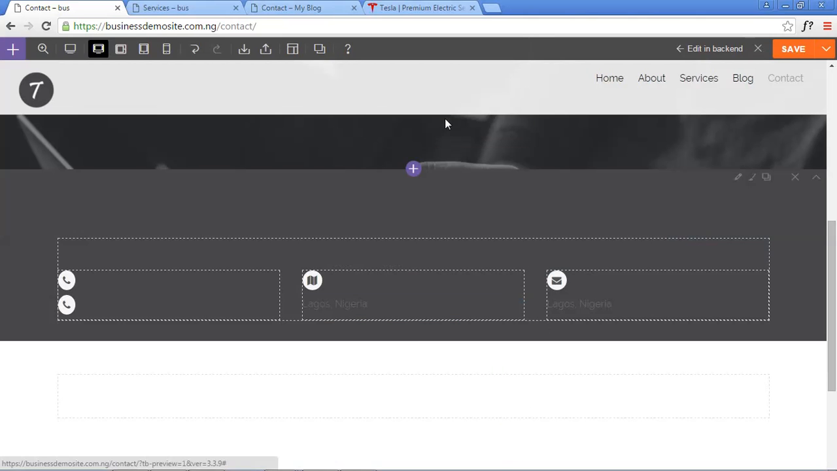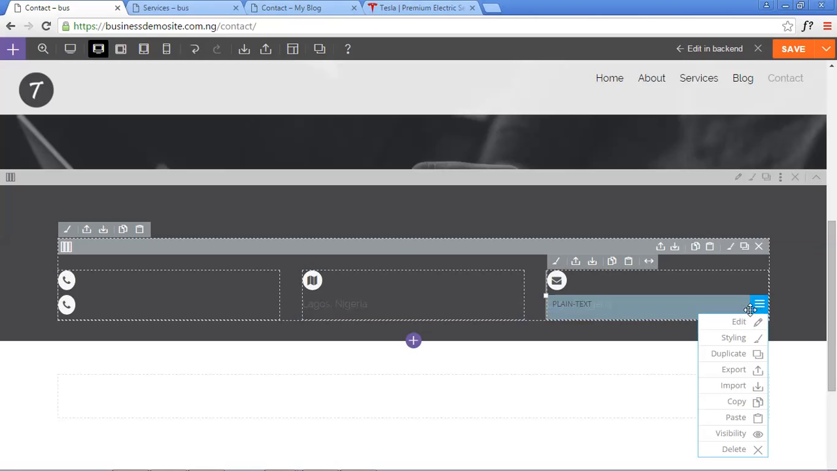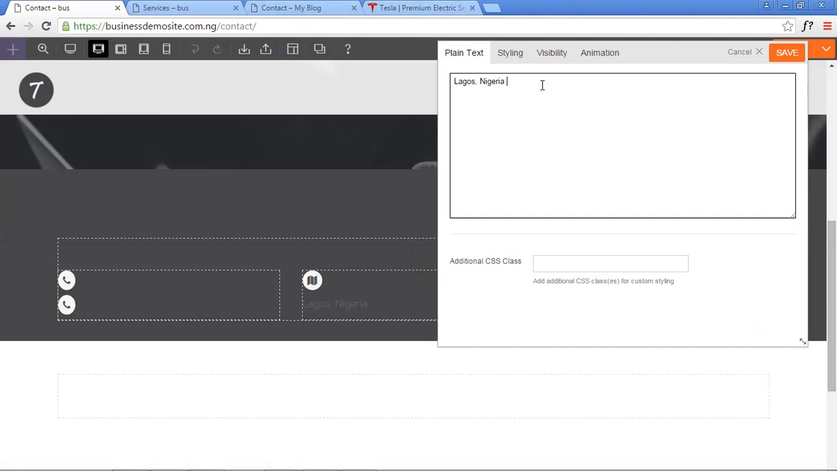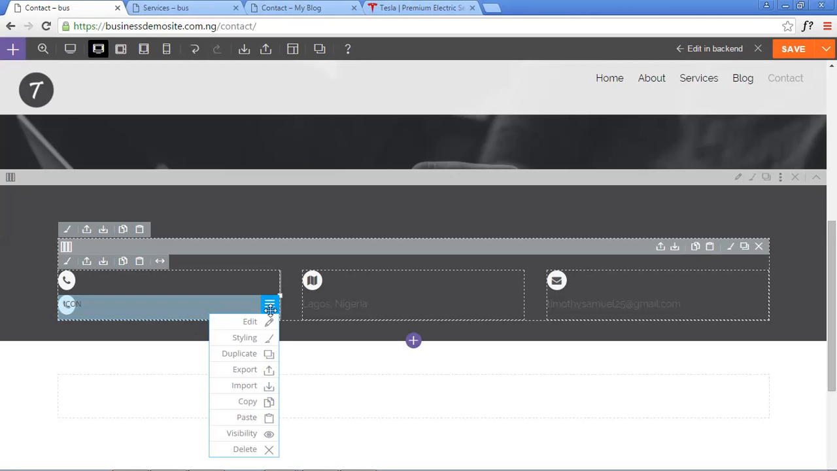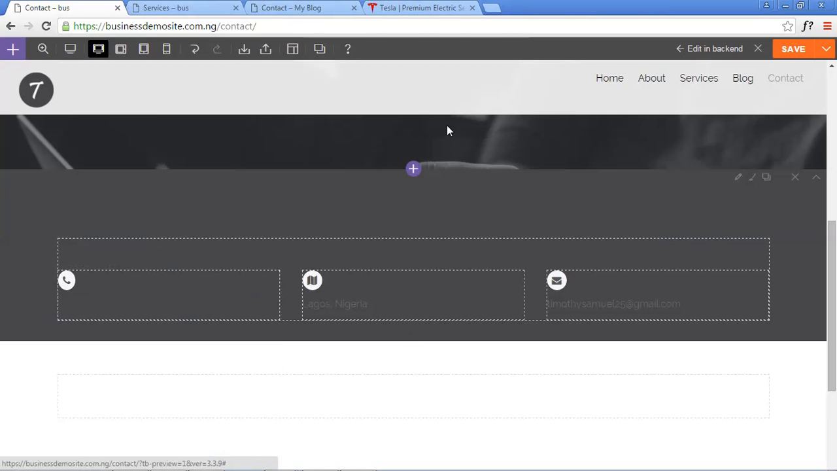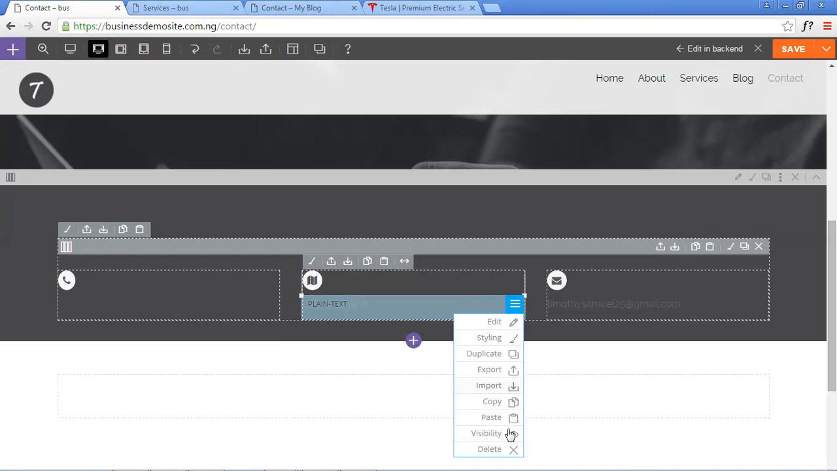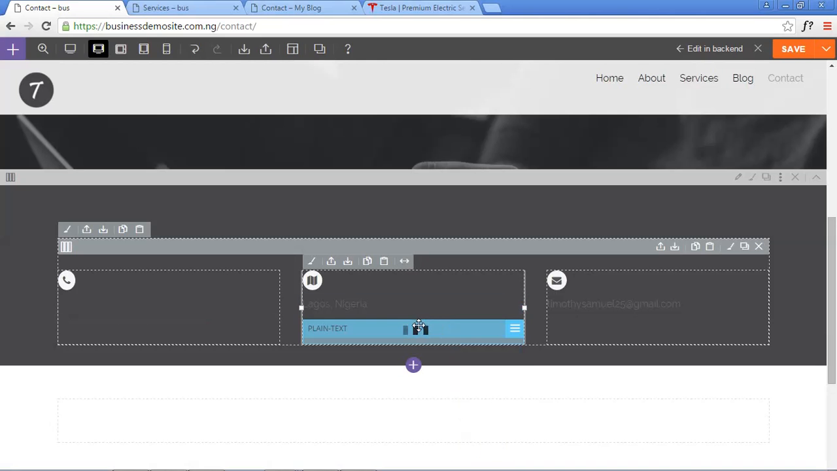Okay, then for the envelope, let's edit it to my email address or your company's email address, and 5 at gmail.com. Save. Then what happened to our phone number? Okay, so delete this, then duplicate again, drag and drop it there,